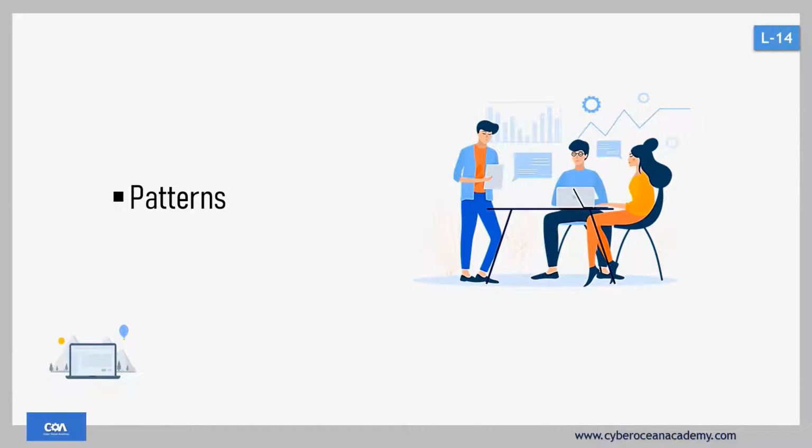In the last video, we learned about a rectangular pattern, or you can say a square pattern. If the number of rows and number of columns are equal, that is a square pattern. If the number of rows and columns are different, that is a rectangular pattern. So let's see a different kind of pattern problem, and how you can write programs and think about the logic for that kind of pattern. First I'm going to open VS Code.